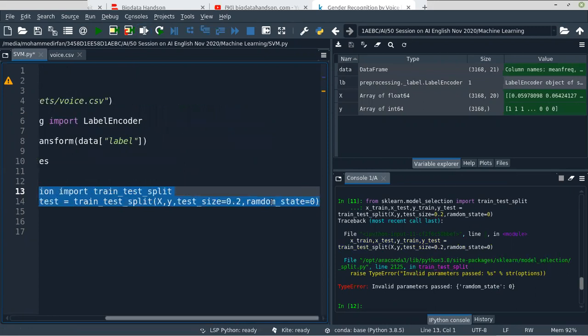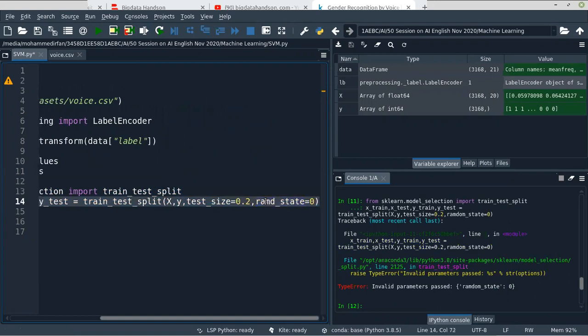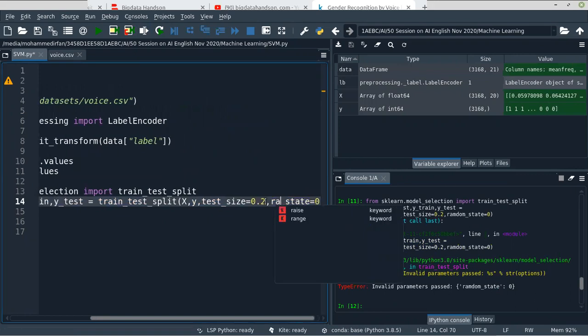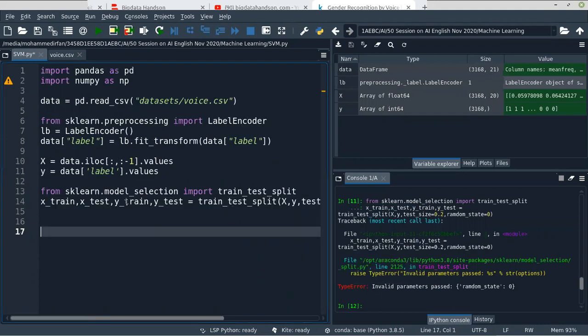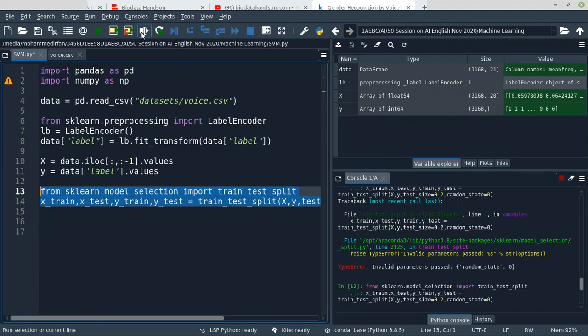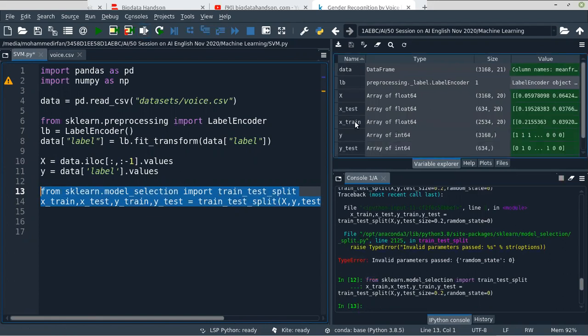Random, actually that is random. Okay, so now we got the training data set.